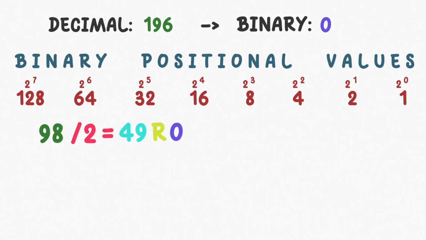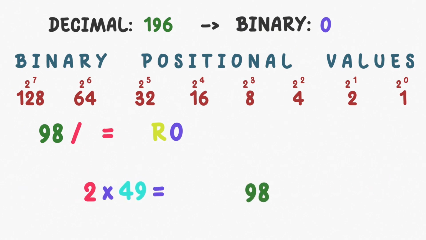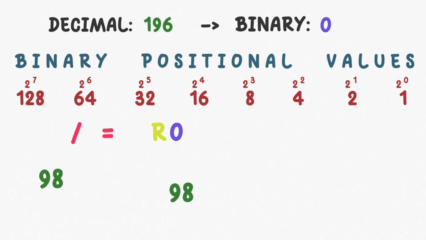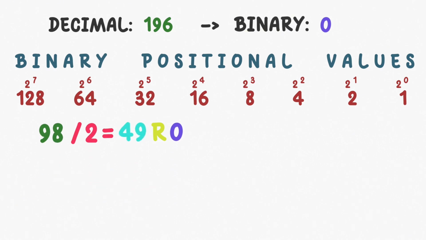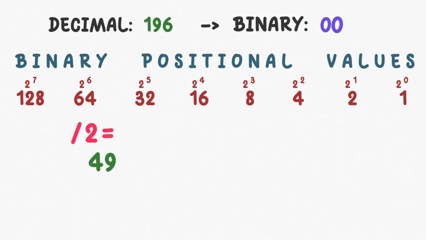98 divided by 2, 49, remainder 0. 2 times 49 equals 98. 98 minus 98 would be what? 0, right? Very simple math. We're going to put the equation back together so you can see it again. And what we're going to do is take the 0. We're going to position it next to the binary. We're going to take the other part of our answer, that 49, and we're going to shift it to the